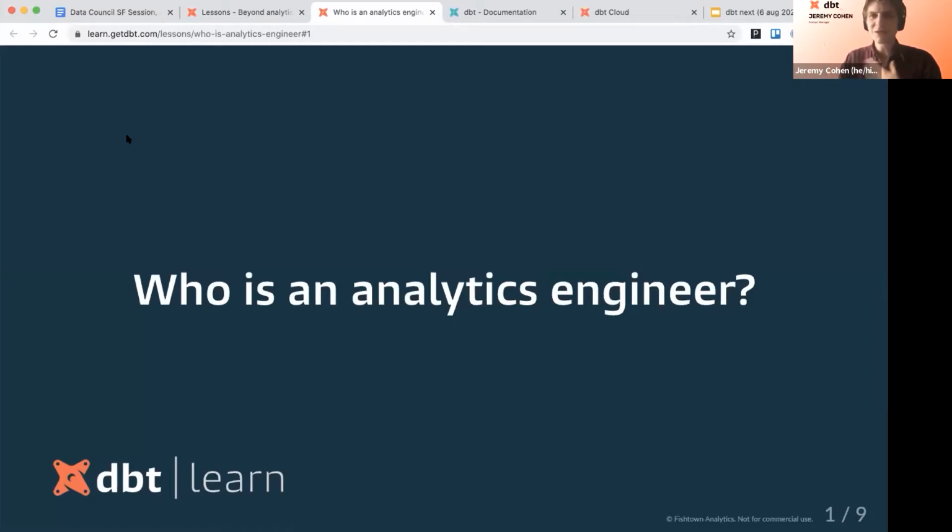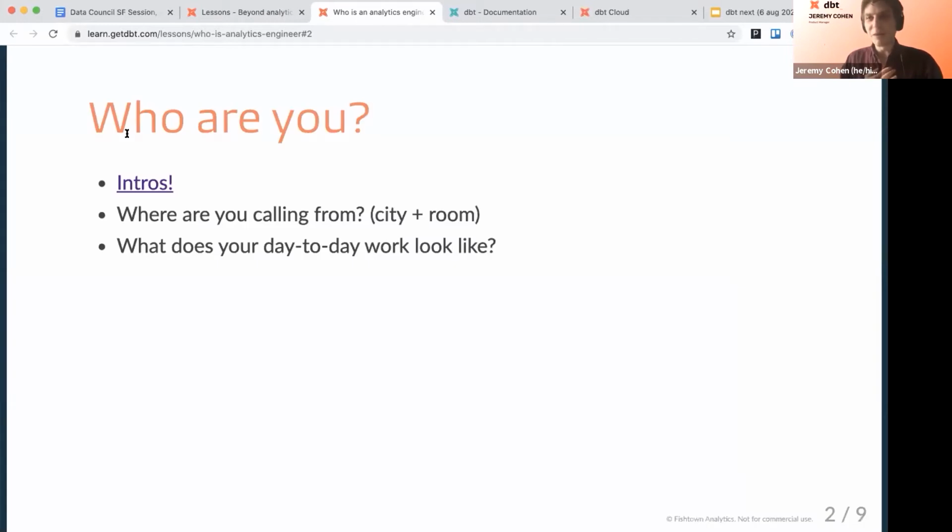So normally in the course, this is the part where I ask the folks who are here to go around and introduce themselves. I'm just going to introduce myself and say, again, my name is Jeremy. I'm an associate product manager at Fishtown Analytics, formerly analytics engineer, course instructor, bunch of other things, lots of hats on the hat shelf. So I and a lot of us at the company have been practitioners of modern analytics for many years, and DBT grew quite naturally out of that.